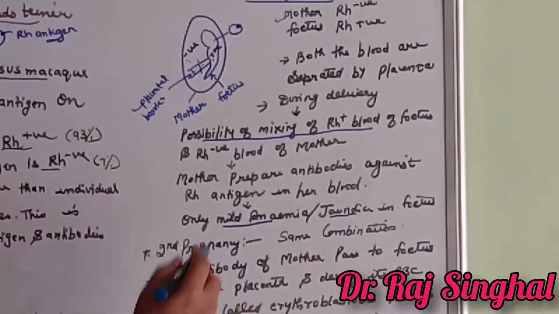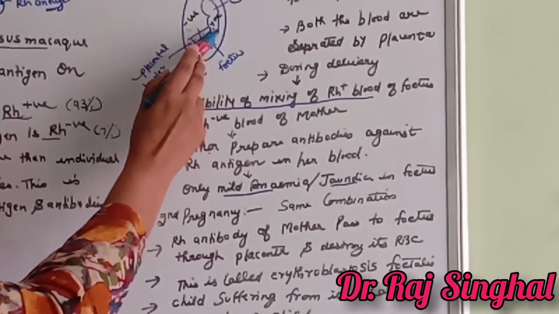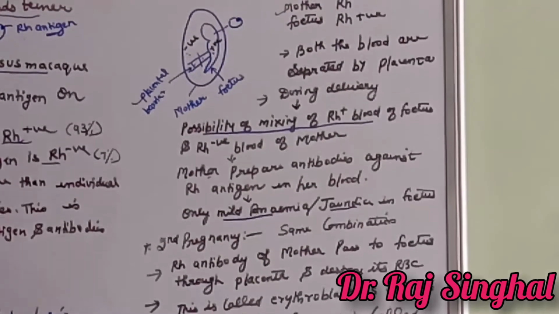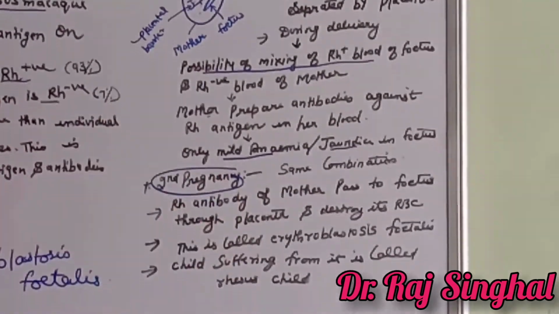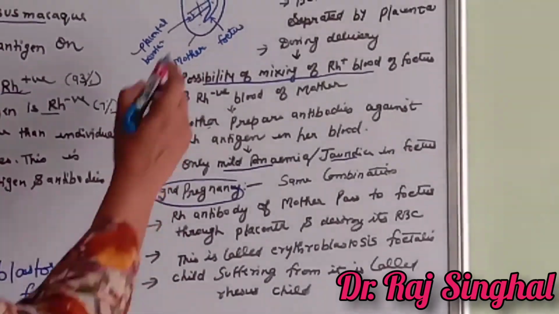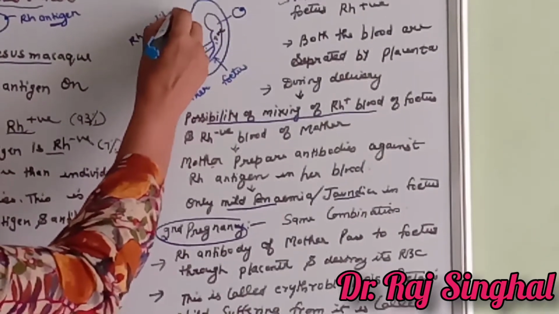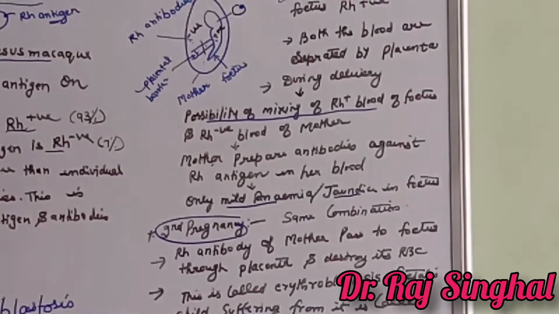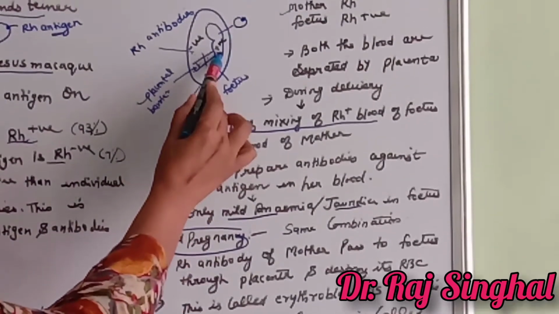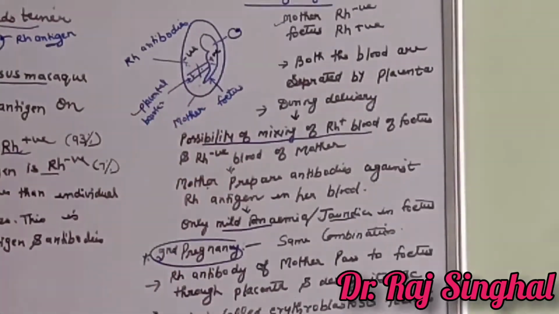By that time, the mother prepares antibodies against the RH antigen which is received from the fetus. Now, if a second pregnancy or further consecutive pregnancy occurs in the same combination, then the mother already contains RH antibodies. And the same antigen and antibodies always cause agglutination. Now the fetus is already positive. It is having the antigen and the mother's blood develops antibodies.